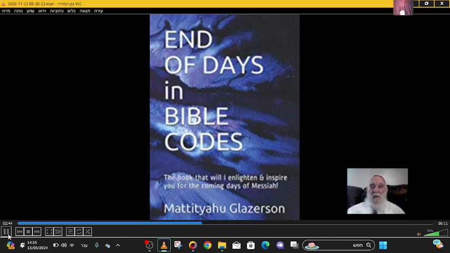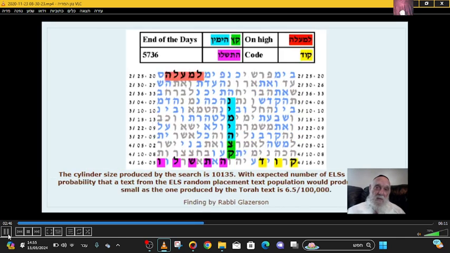Then there is another table on the same line, really, which also speaks about the end. This is the end of days. According to Kabbalah, there is a stage of the end of days, which will be the discovery of the codes also. And you have here again the year 5736, 1976, but this is really above, because it is not yet coming down. And this has to do with the code. So this is what you find here.